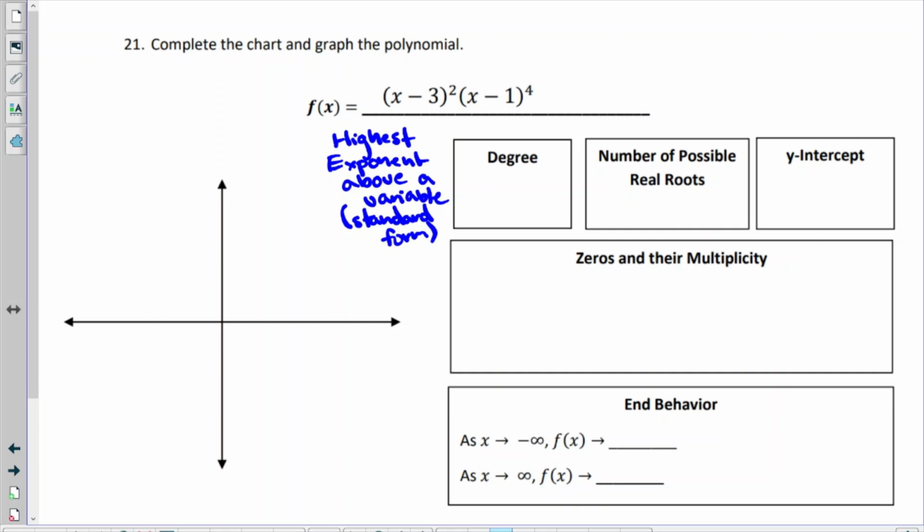But if I think about these factored forms, these exponents right here are the ones that tell me how many times I'm multiplying an x together, right? If I multiplied this out, I would end up with an x squared. If I multiplied this out, I would end up with an x to the fourth. These are also being multiplied, and so I would end up with x to the sixth. So this is a sixth degree polynomial because in factored form,